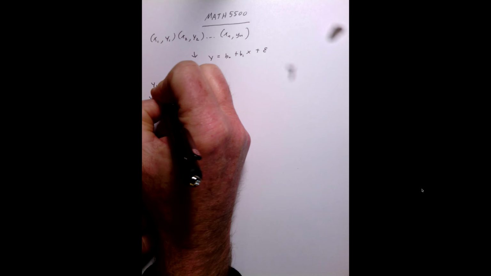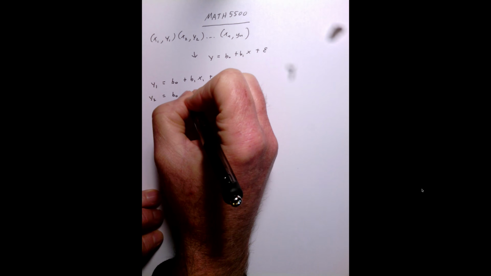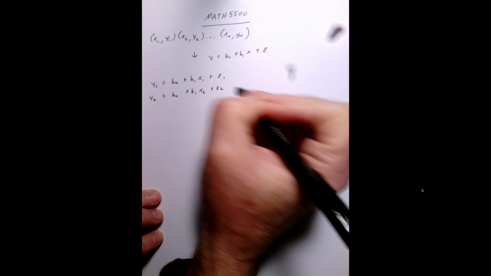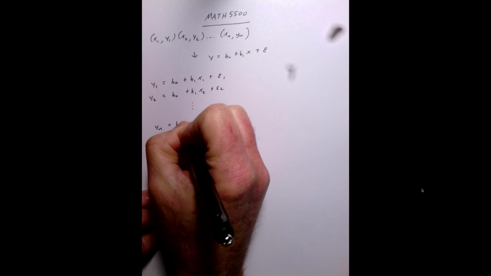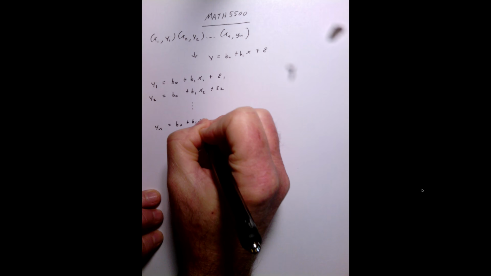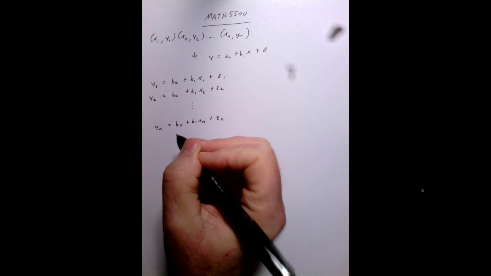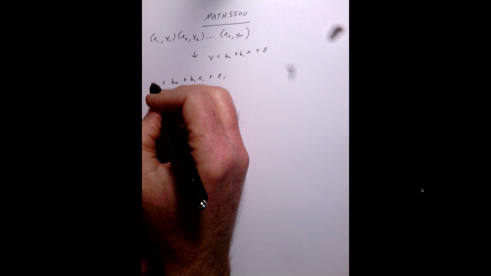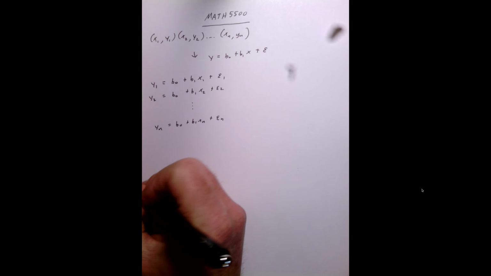We can repeat that for the second. So y2 is b0 plus b1 x2 plus an error term. We can do this for all of our data points, right? We see that these y's can be expressed